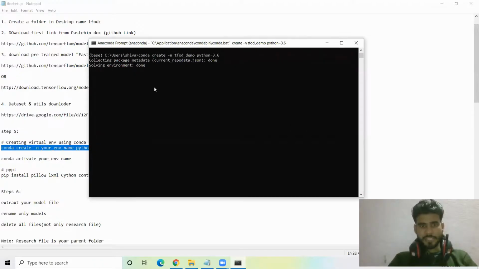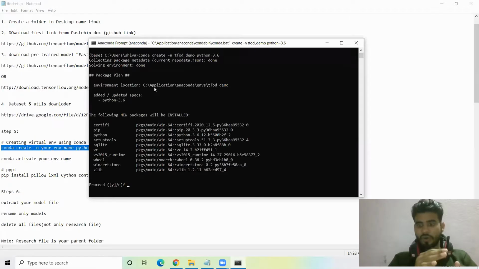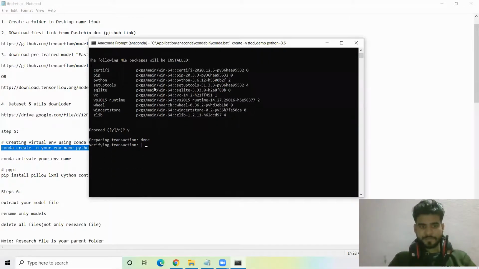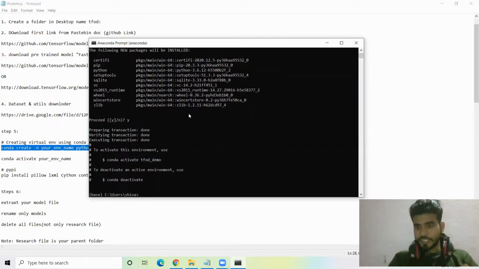Just wait a few seconds; I'll show you live how to do all the setup. Just press yes and hit enter. Lots of students face problems during the TensorFlow object detection setup, so you must follow these steps.